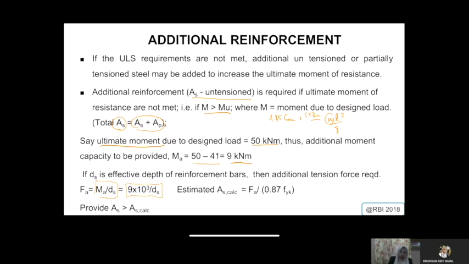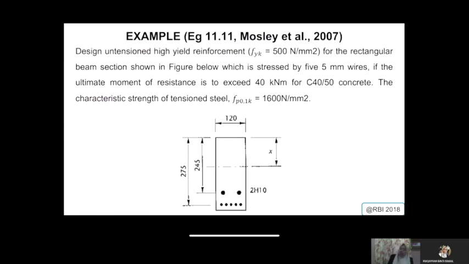What you have is only the difference of your moment required, which is 9 times 10 power of 3, and estimated AS calculation. In general, we have this FA divided by 0.87 FYK, which is for your reinforcement bar. Normally we use 500 MPa for your FYK. So the AS you provide must always be bigger than this. What is the limitation of your